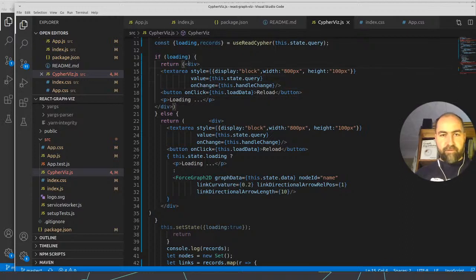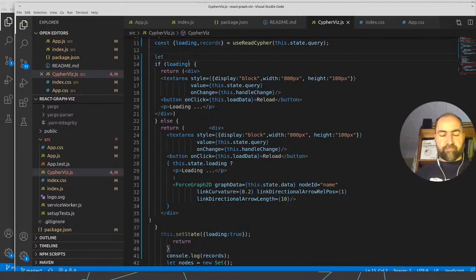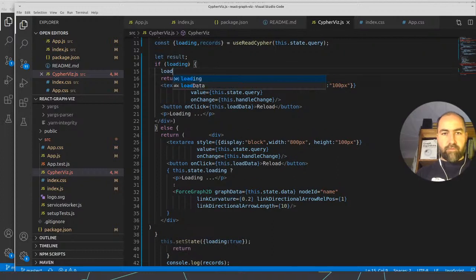It's probably not the right way to do it because Adam used to use this result thing. So then let's see. If loading, we just set the result to a paragraph.